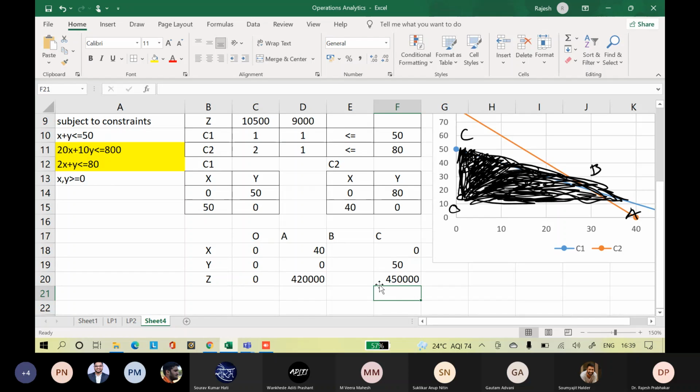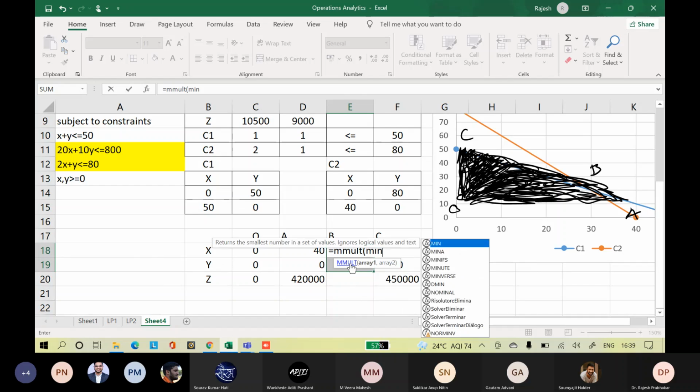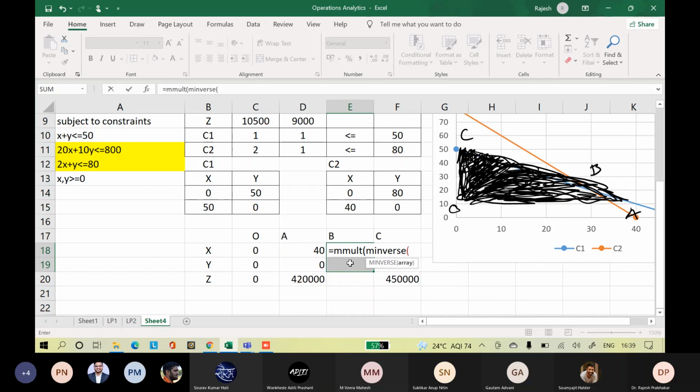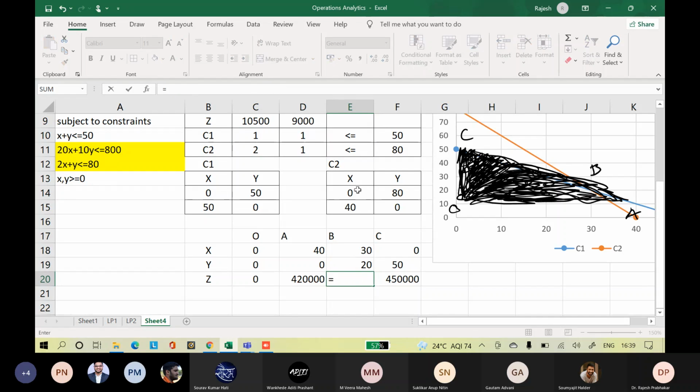4,50,000 you got here. Now we have to calculate this: is equal to MMULT, open bracket, MINVERSE, open bracket, select the array, close bracket, comma, select this array, close bracket, control plus shift plus enter. 30 and 20. So is equal to 10,500 into 30 plus 9,000 into 20.